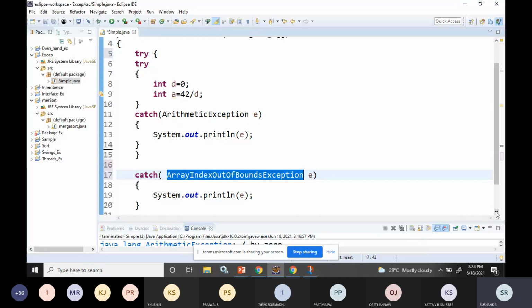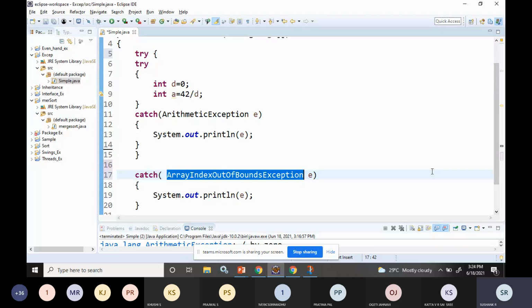So what it will do is first check the inner try statement, with the inner catch block. If the exception is handled, it will continue normally. If the exception doesn't handle, then it will check for the catch statement outside this nested catch, outside the outer block at line number 17. If the exception matches, it will proceed normally. If not, it will check for further catch blocks. If none of the catch blocks matches, then the Java runtime system will handle the exception.